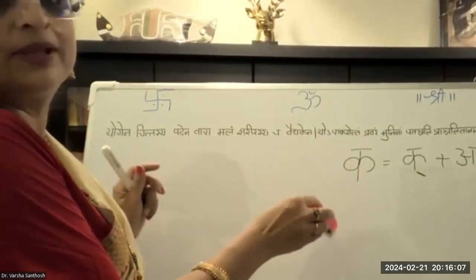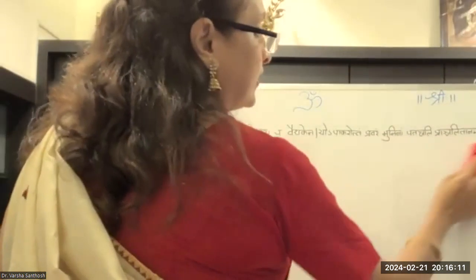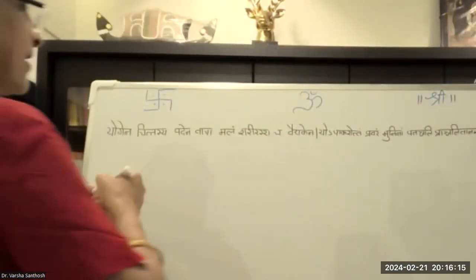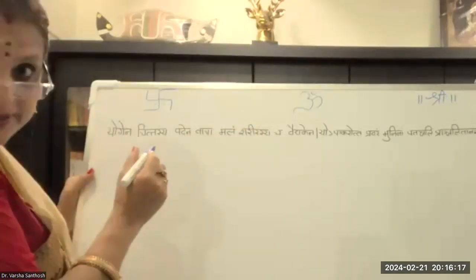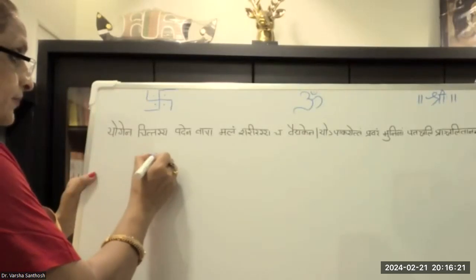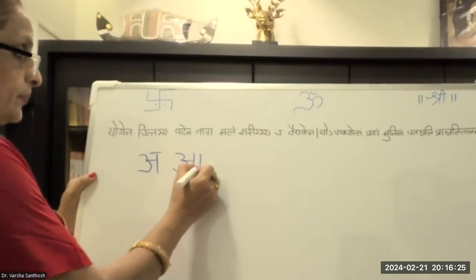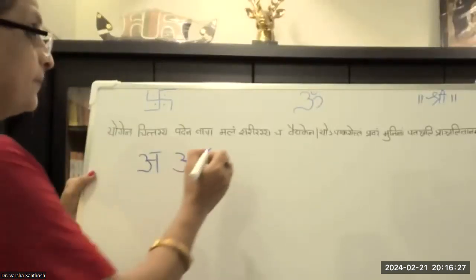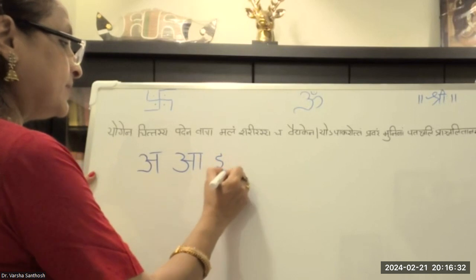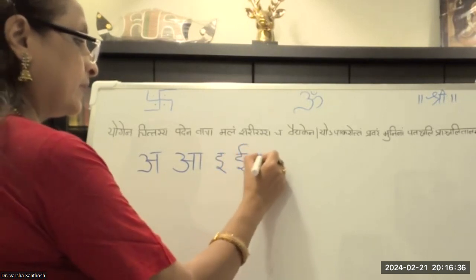Let us first, we'll come back to this. I'll rewrite this with a separate thing for Swapnaji's question. I've not completed answering that question. What are our swaras? I hope it is visible. Yeah. So we have a, aa. Anytime if something is not visible, please unmute and let me know. i, ee, u,